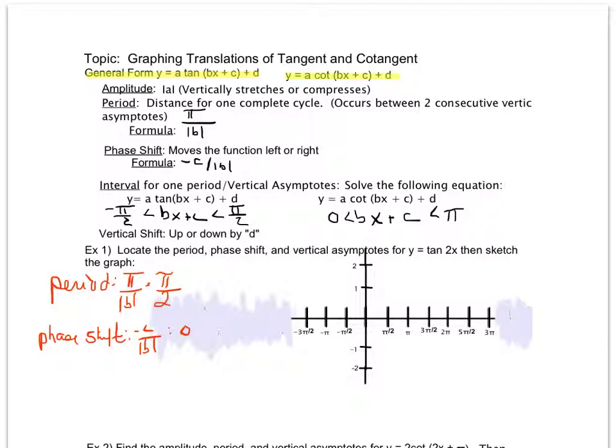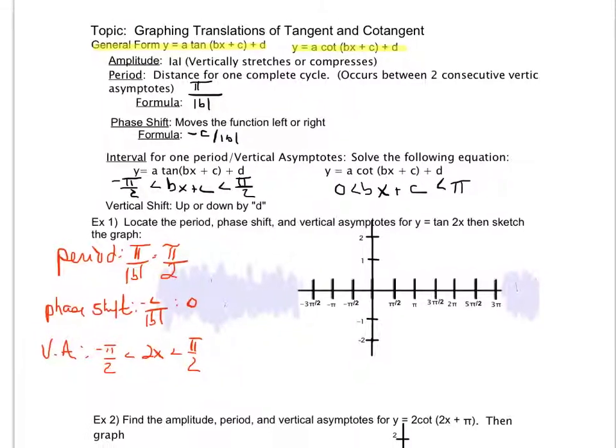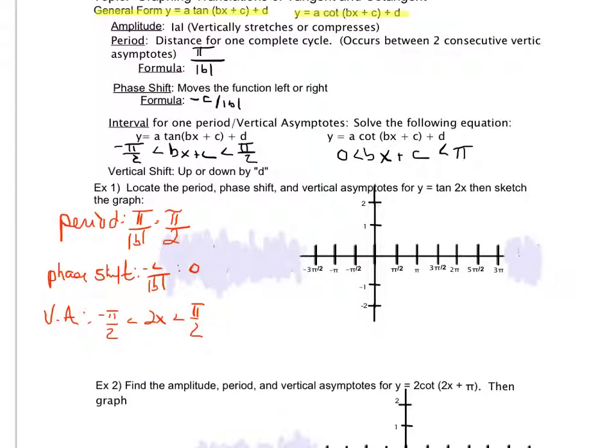And then to find my vertical asymptotes, which again is the same thing as finding my interval, I'm going to take negative pi over 2, since it's tangent, is less than 2x, is less than pi over 2. In order to solve this inequality, I'm going to have to divide by 2. Remember, dividing by 2 is the same thing as multiplying by 1/2. So I'm going to multiply here by 1/2, here by 1/2, and here by 1/2, giving me vertical asymptotes at negative pi over 4